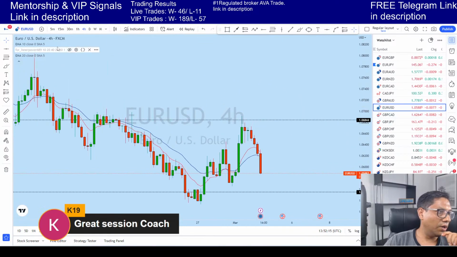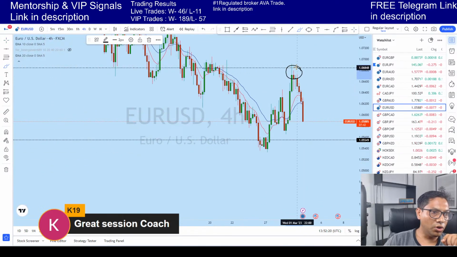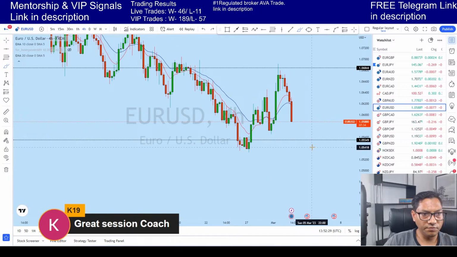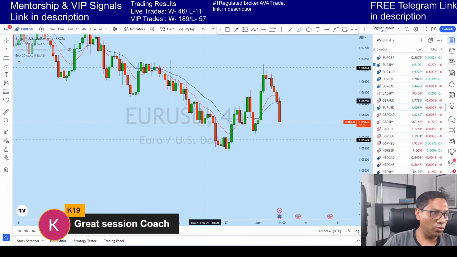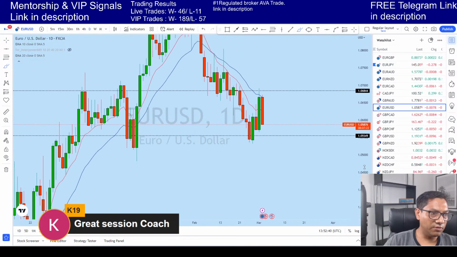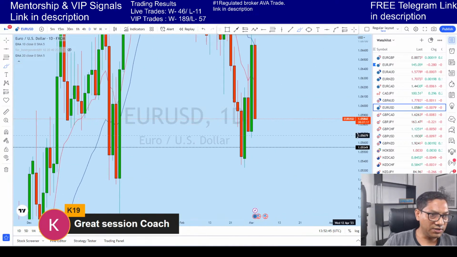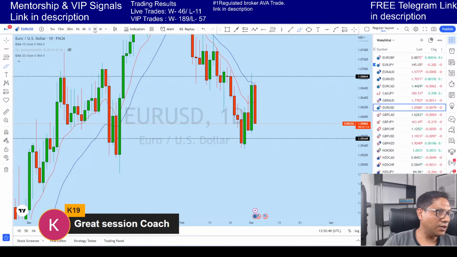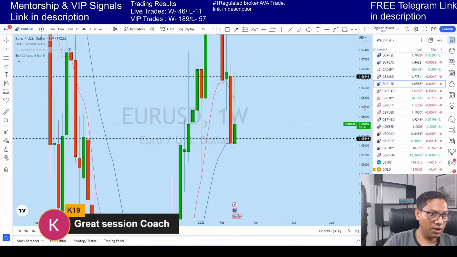Looking at euro dollar, we have seen that from this resistance, this is basically a false breakout on euro USD, and with that false breakout, euro dollar has rejected very strongly, as you can see. With this candle close, if I look at the daily, from this daily 20 EMA euro dollar has come to this support. From here we might see some movement to the upside. If I look at the weekly, the price is coming to the weekly level of support.